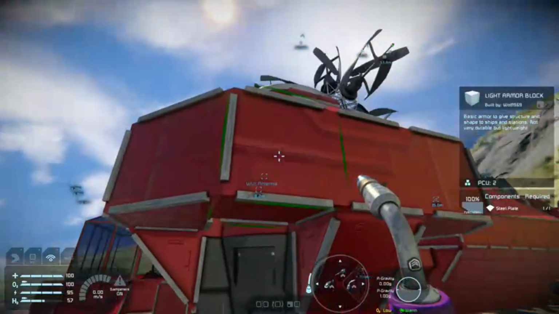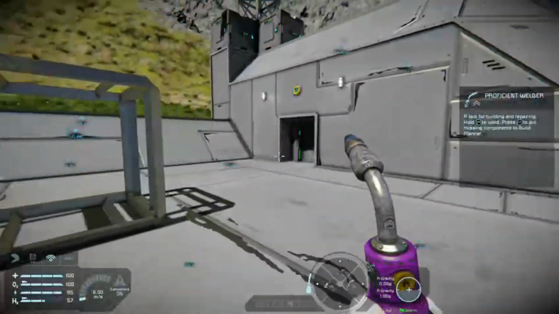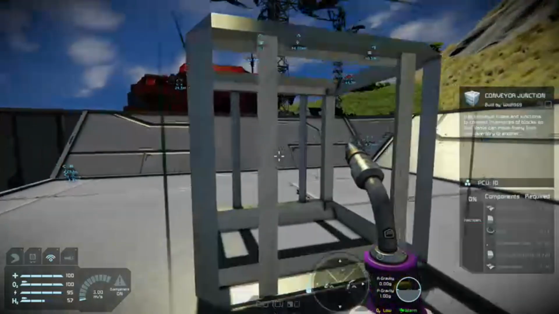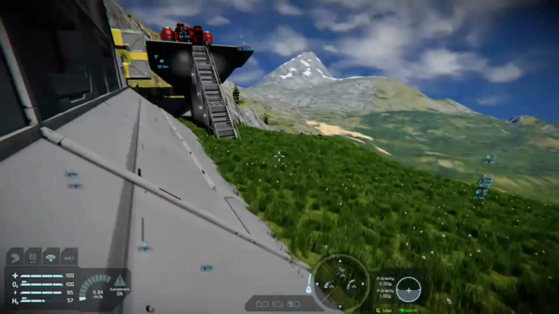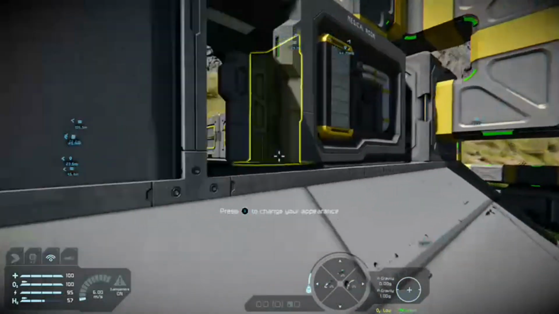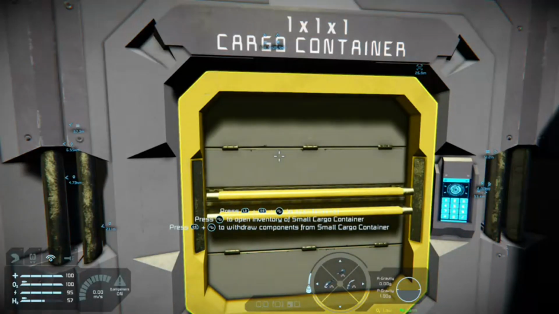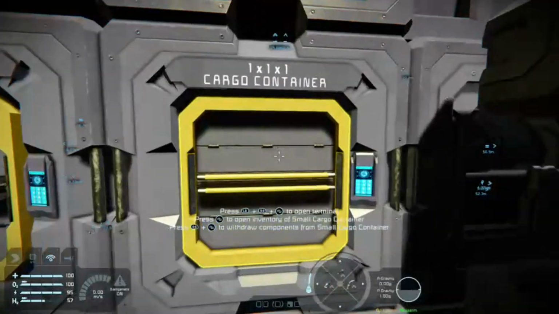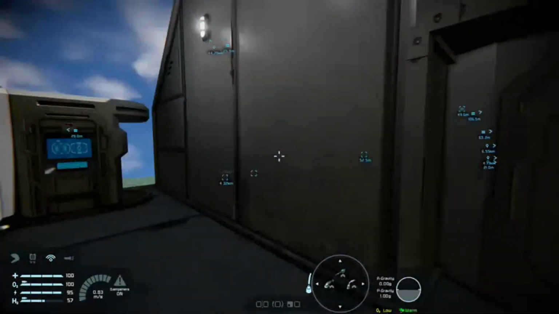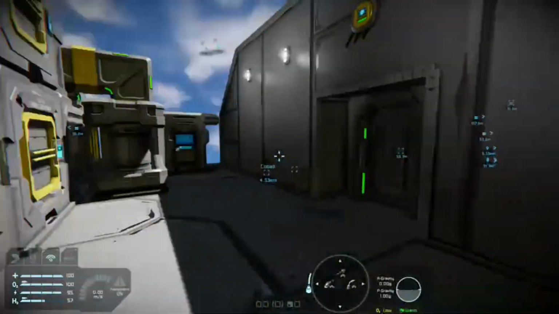So if that was being built, I could click on these blocks and add them to the build planner. You can add up to, I think, 8 things to the build planner before it tells you it's full. And then you can come back over here and order all those things with the left bumper and the inventory button, put them all into production, and then when they're all done you can fetch them out as much as you need by holding the right bumper and the inventory button, and then just build to your heart's content.